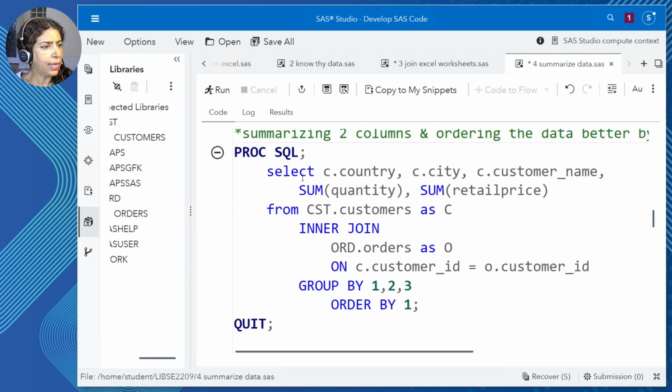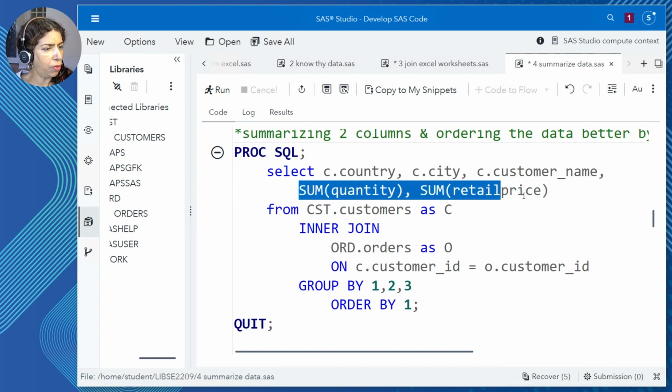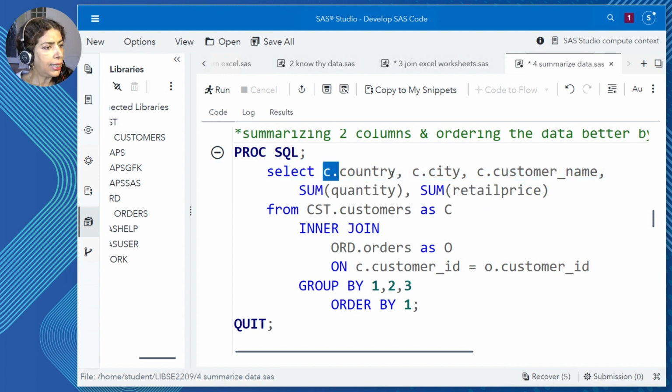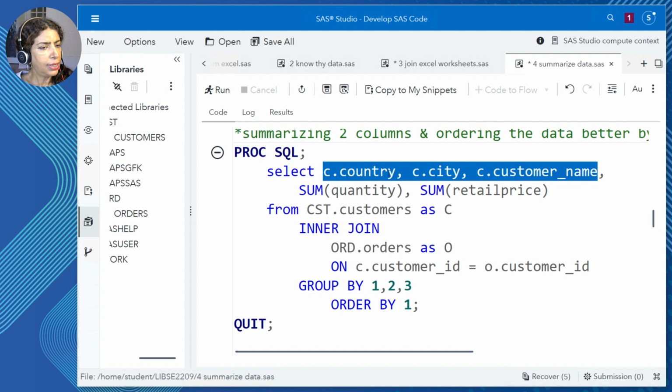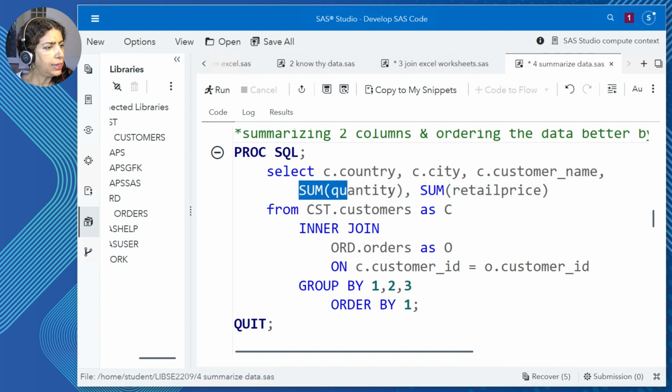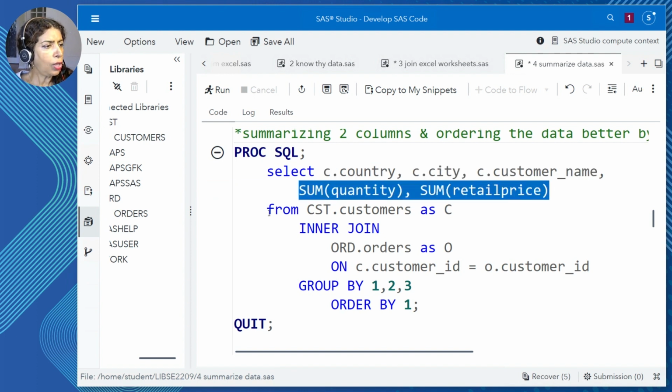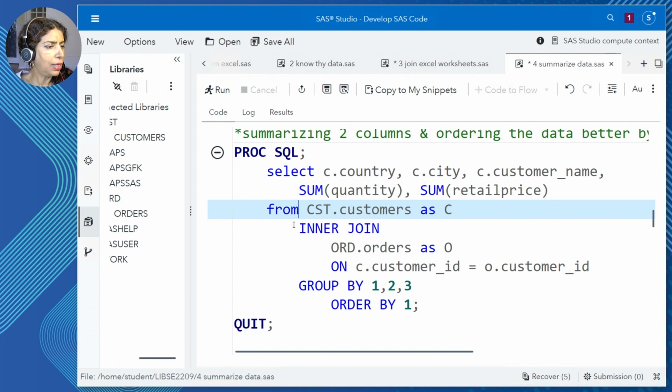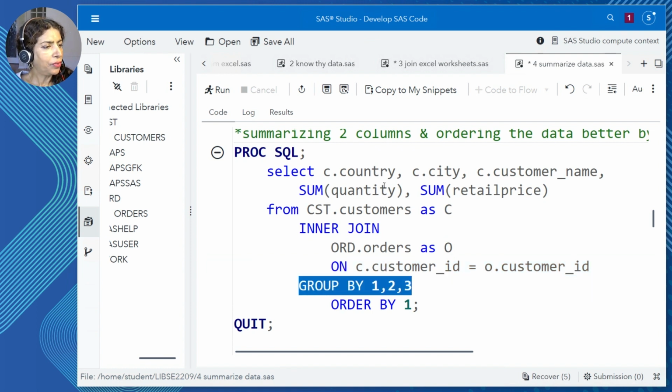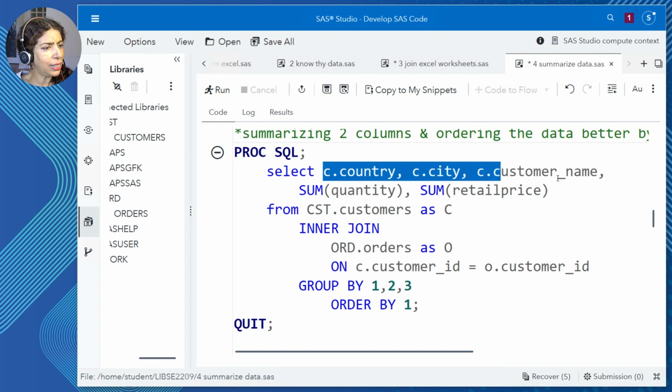Now I'm going to sum quantity as one column and sum of retail price. So those are my two summary columns. Once again, on the select, I'll stick the columns I wish, the non-summary columns, the two summarized columns. On the from, I'll list the table. I'll specify the inner join syntax, the second table. On clause, specify the join condition and the group by, specifying that I want the data to be grouped by these three columns.